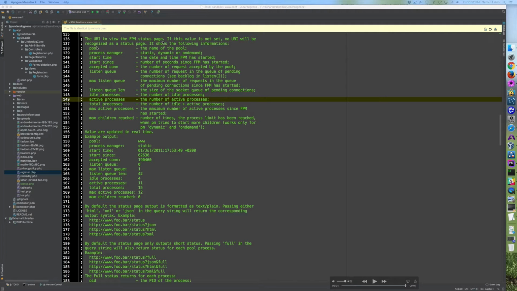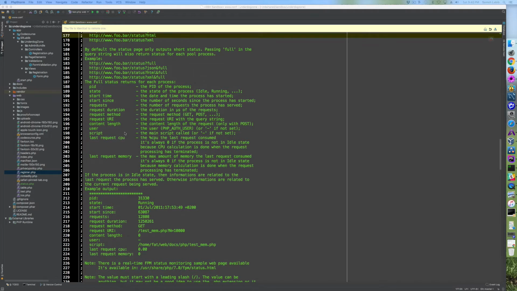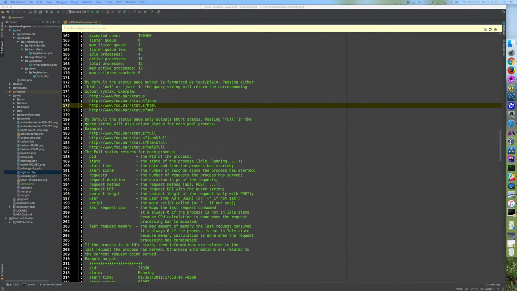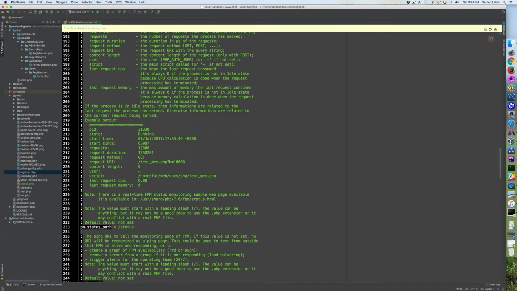And then we finally get to the part about the status web page. And that should be what the rest of this video is going to be about. You see this line here? pm.status_path equals /status. Well, this whole section up here in green is all a comment for that line. So it starts off by saying the URI to view the FPM status page. So that line is the URI to view the status page for